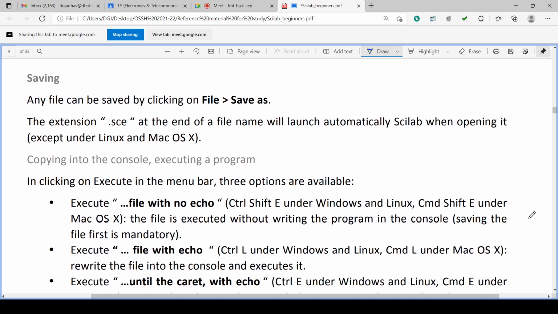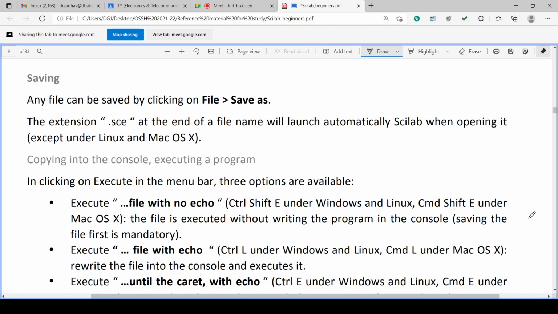How to save the file? Just like any other editor, we can save the file. All editors have save and save as buttons. Similarly, this also has save and save as buttons.